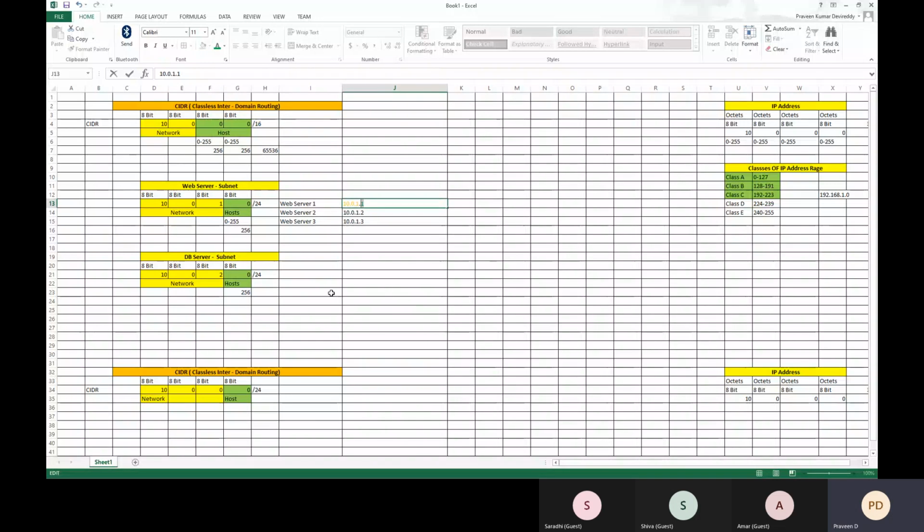The same thing, if you want to provide the DB servers with IP addresses, I can give DB server 1, which is nothing but 10.0.2.1, DB server 2, 10.0.2.2, and DB server 3, which can be 10.0.2.3.